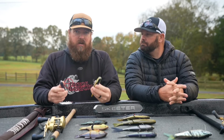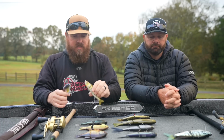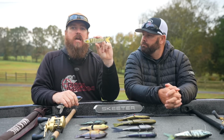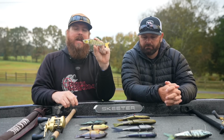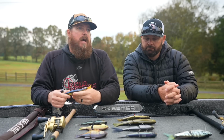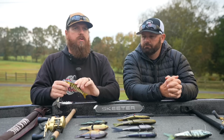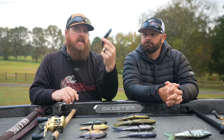One of the best things about cover glides is that they tend to be very cost effective. The first one is the River to Sea S-Waver 168. This bait has been around since the beginning of glide baits. It was the first US-made glide bait, and it is effective today just like it was in the beginning. I think through so many of our fishing trips, even the last few years as we've moved east and explored new waters, the amount of big fish that we catch on that Waver 168 is